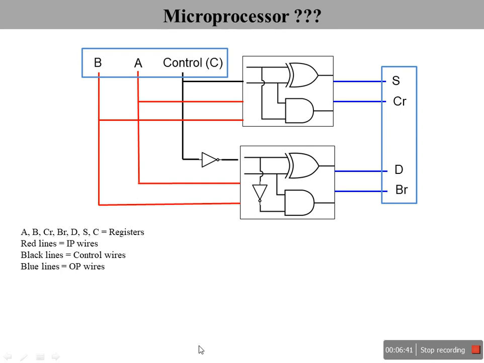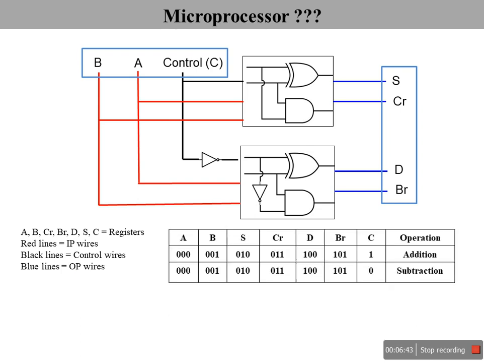Right. Then a little closer look at this. Assuming the single bit registers, they will be identified using addresses. So everything inside a microprocessor, whether it is a memory location, registers or IO devices, all will be identified by certain addresses. Assuming that A will be identified by 000, B will be identified by 001, S will be identified by 010. That means if you want to write something to this, first you identify this address and write into this particular location.